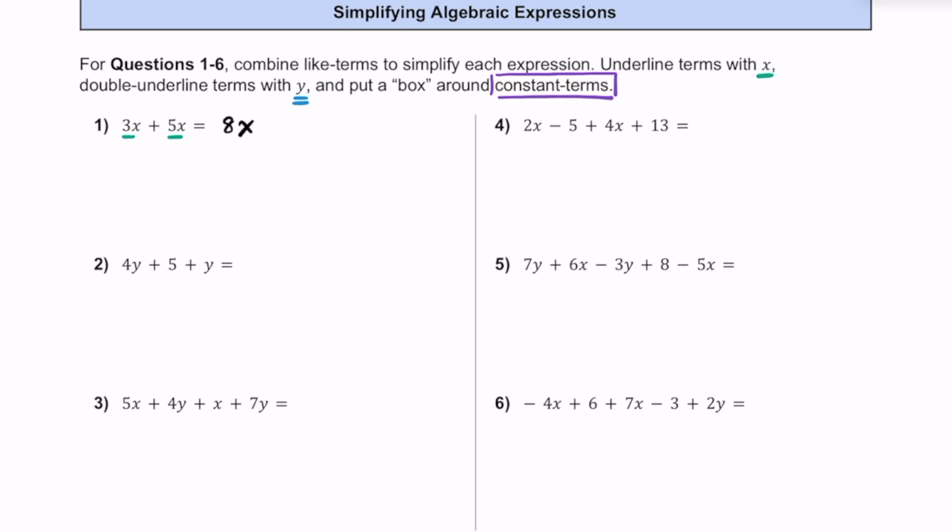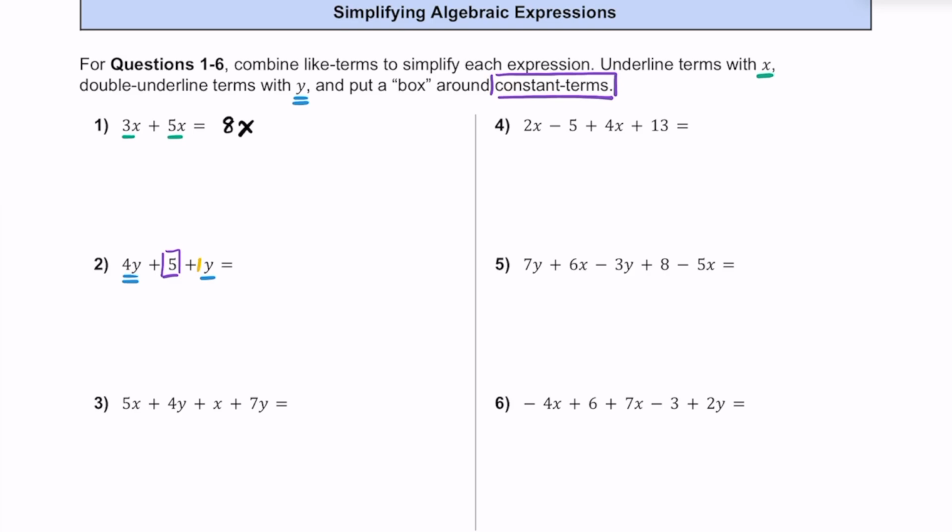For number 2, we have 4y plus 5 plus y. So a couple quick things we want to take note of. First of all, we have 3 terms. The first term is this 4y. We also have this 1y over here, so we want to make sure we know there's a 1 in front of this y. And then we have a constant term of 5. So let's go ahead and put a box around that